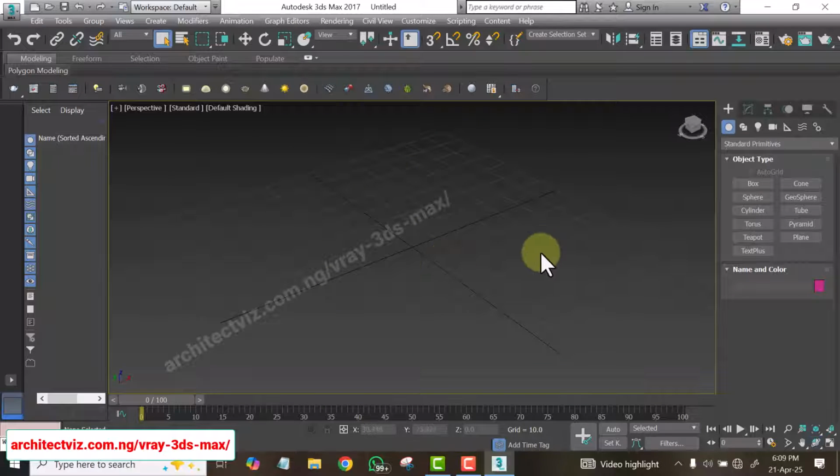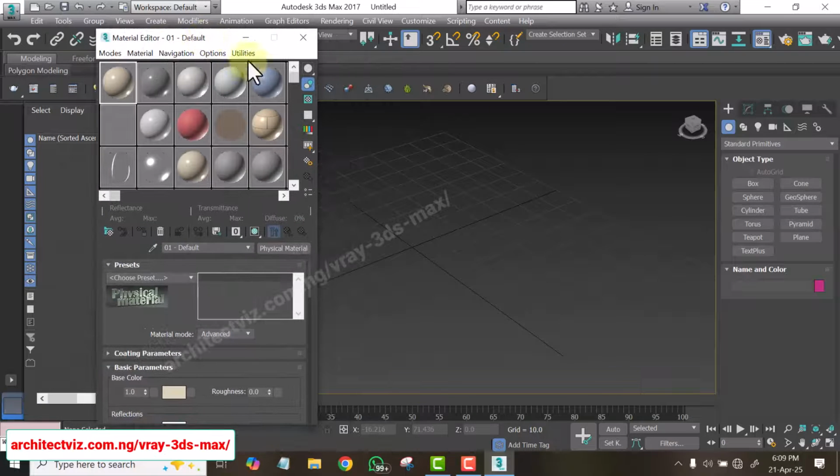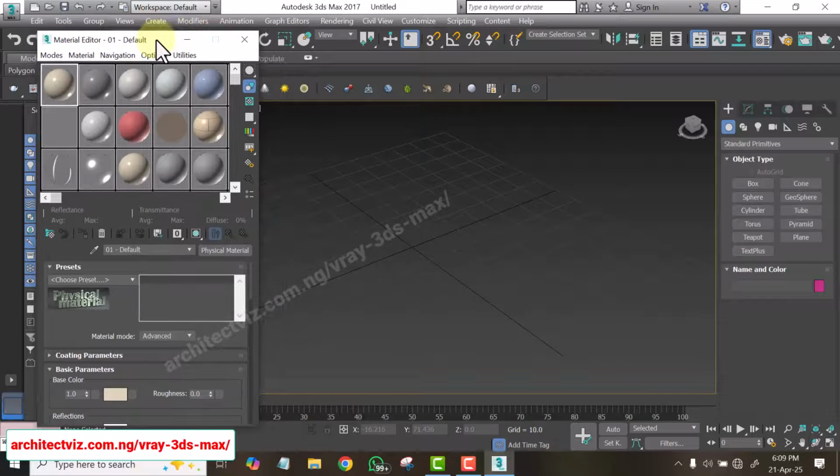And if, for example, I want to go to material editor, all I need to do is to type M on my keyboard and the material editor will come out instantly. So this is how you use hotkeys in 3ds Max. As we go along in this training, we'll be using lots of hotkeys, and I will